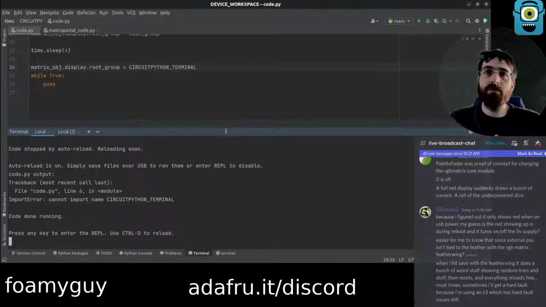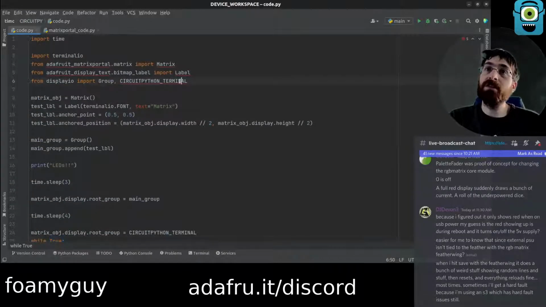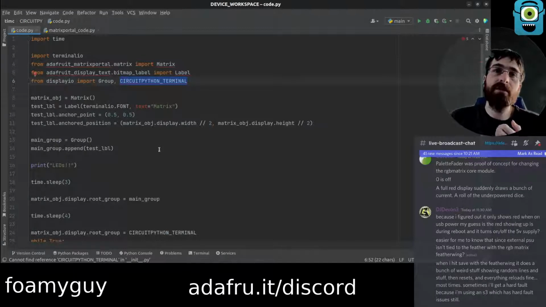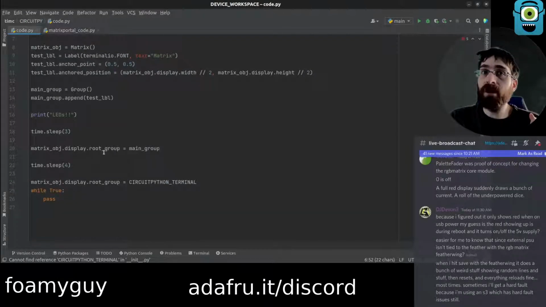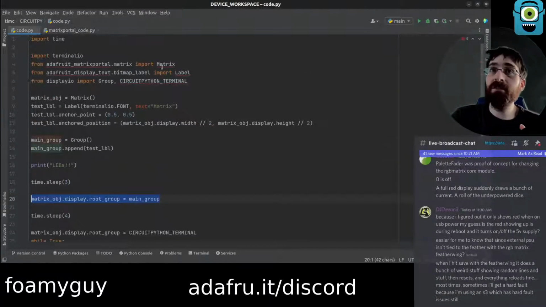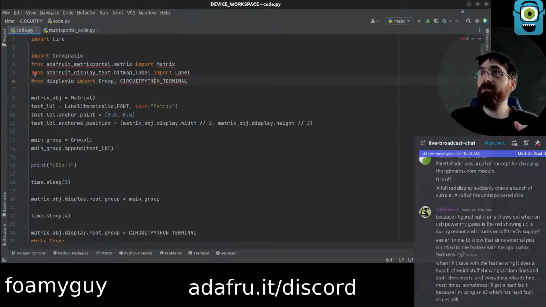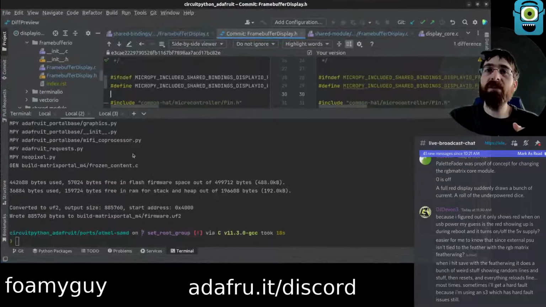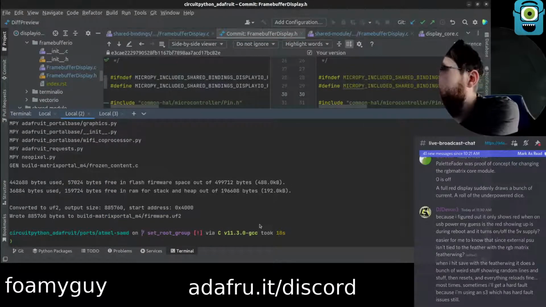Cannot import name. Oh. Yes. So this does not exist on current CircuitPython. But it would have crashed as soon as it got to here, even if it got past this, because we never did install the new version that we're actually working on. Did we make the new version? Firmware Matrix Portal? Yeah, we did. So let's use that. Double tap reset.